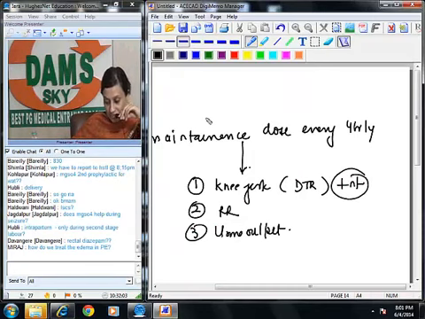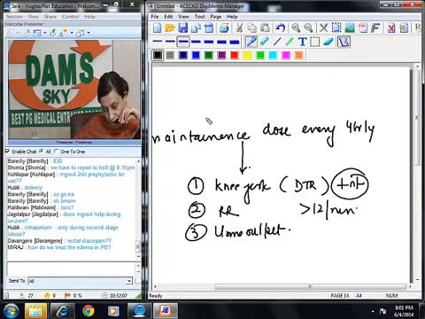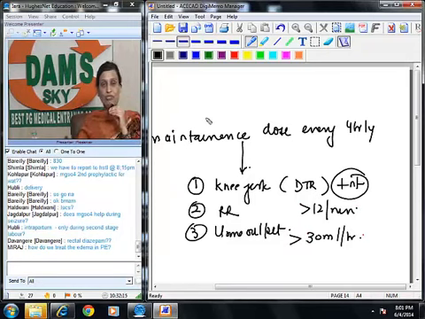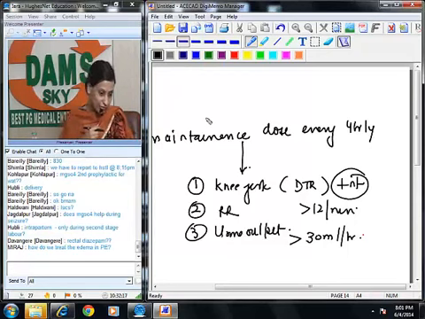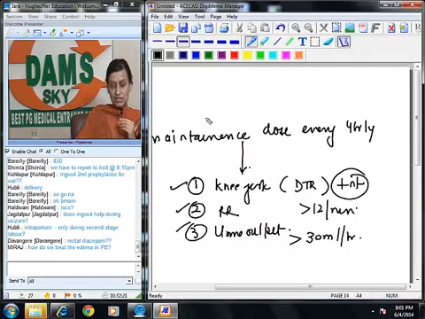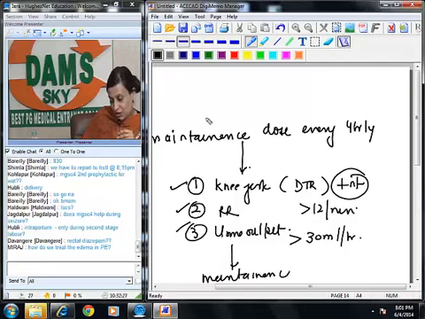So the knee jerk should be present. The respiratory rate should be more than 12 per minute. And the urine output should be more than 30 ml per hour. Right? So before you give the maintenance dose, we have to check for these 3 things. And once these 3 things are met, then only we can give the maintenance dose. Now what is the maintenance dose? It is